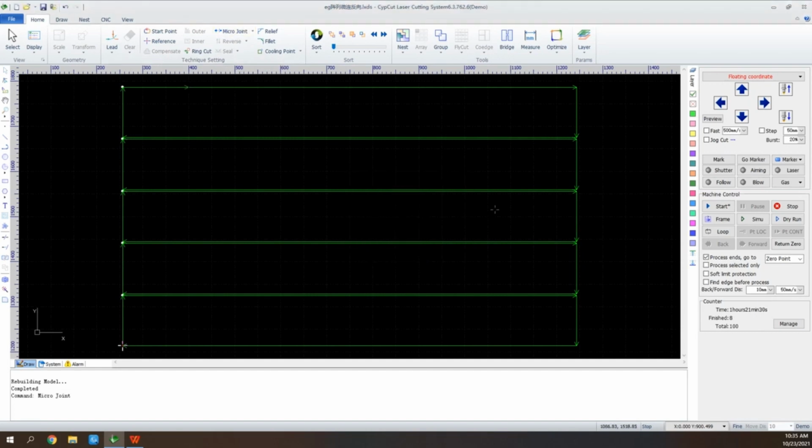We've got 2 ways, manual and automatic micro joints. Click the icon and add joints to where we want, or choose to automatically generate the micro joints. Press Shift on the keyboard